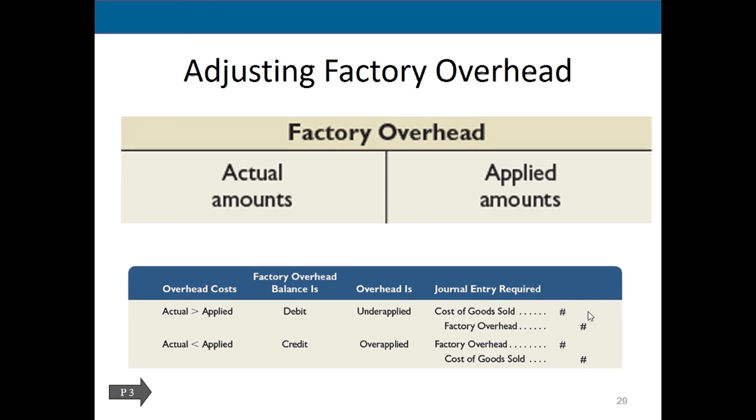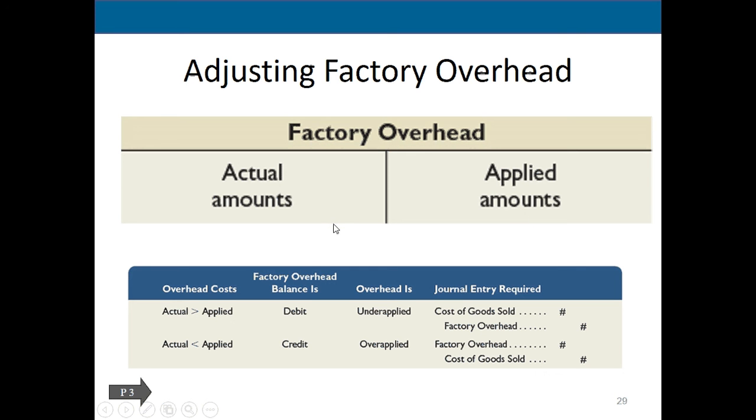Remember I told you that because we use a predetermined overhead rate, most likely we're probably going to have some money left in factory overhead or too much taken out. This is a T account, right? So when we actually put the rent into factory overhead, when we put the supervision into factory overhead, it was a debit over here on this side. The actual amounts got debited. And when we applied factory overhead to jobs, it came out of the account as a credit. So if you had a debit over here of $10,000, but you only took out $8,000, you've got a $2,000